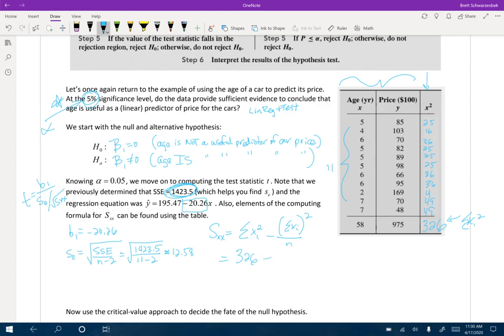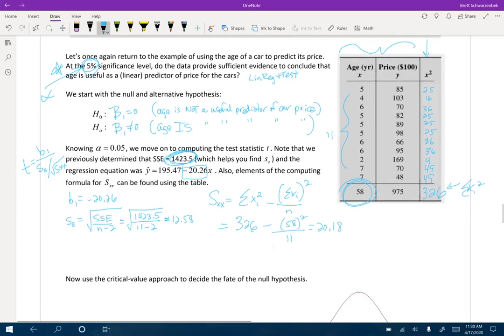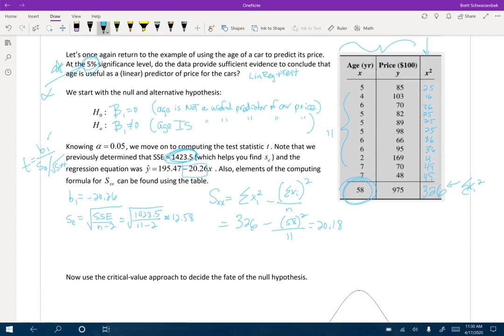We also need the sum of all our x's, which is here, 58. We're going to square that, and we're going to divide by how many cars there were. This is going to give you 20.18. So we officially have found all three variables of our formula, so we can go ahead and find our t, which is going to be our slope, negative 20.26, divided by 12.58, our standard error, divided by the square root of sxx, which is negative